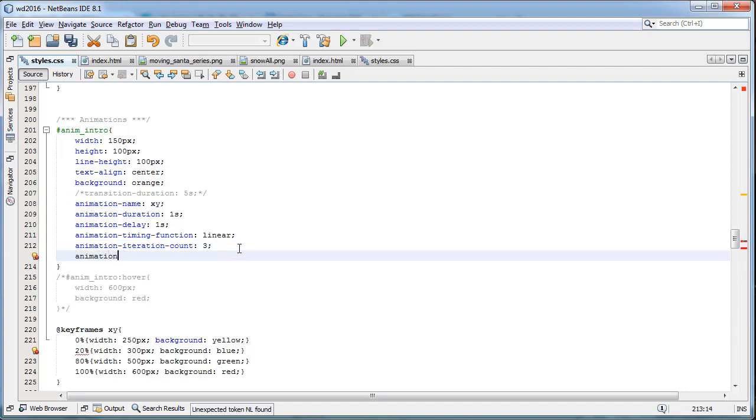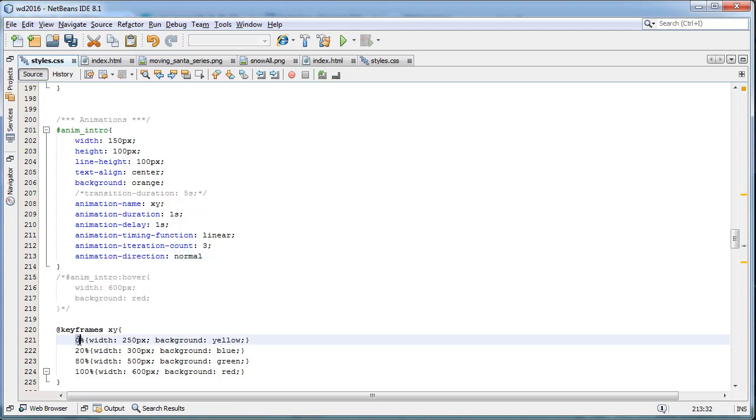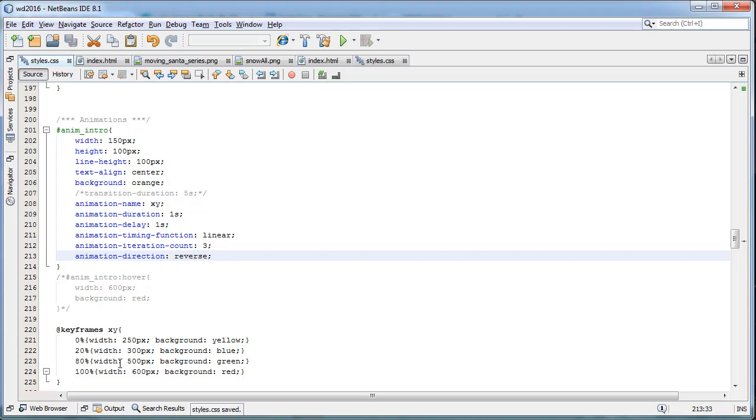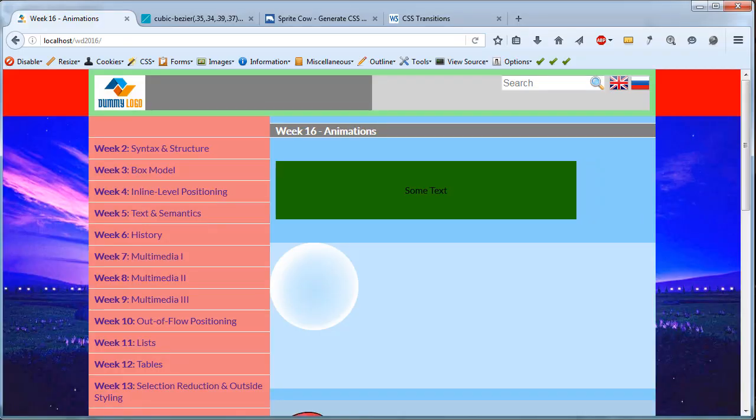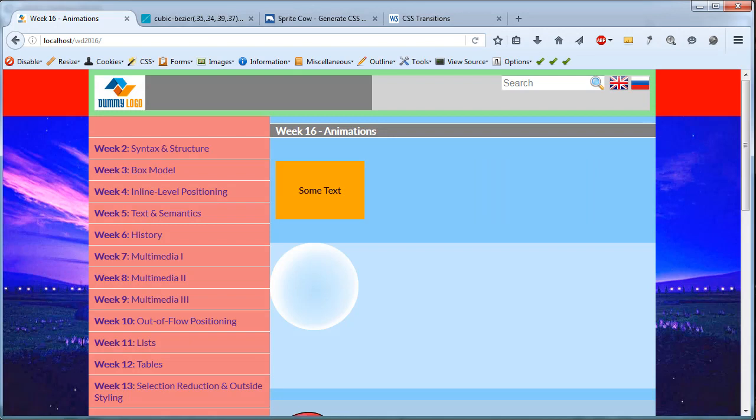And this one is the animation direction. And here we can define whether we want things first of all to start at the end or at the beginning. By default, things are starting at the first frame, because the value that's being used here is normal. Now alternatively here we can use reverse, and that is telling the browser, hey, start at the last frame and then go back to the first frame. Let's take a look at this one after the delay period: 1, 2, 3, exactly the same, just the way